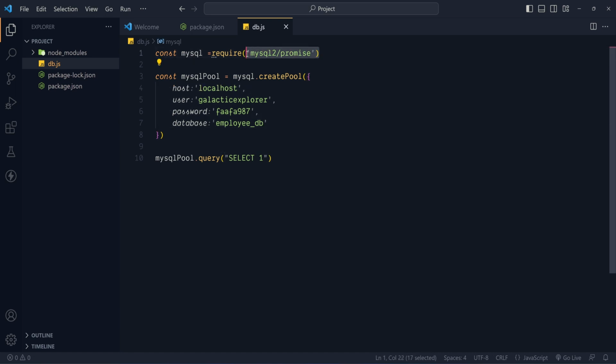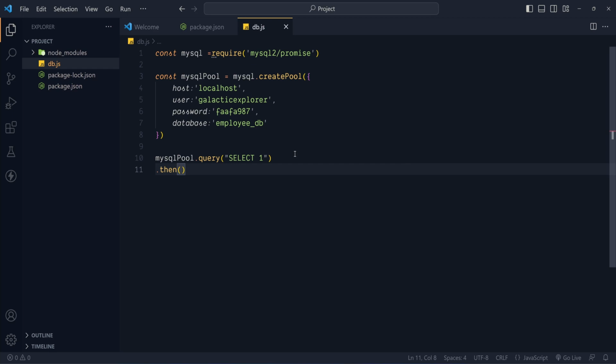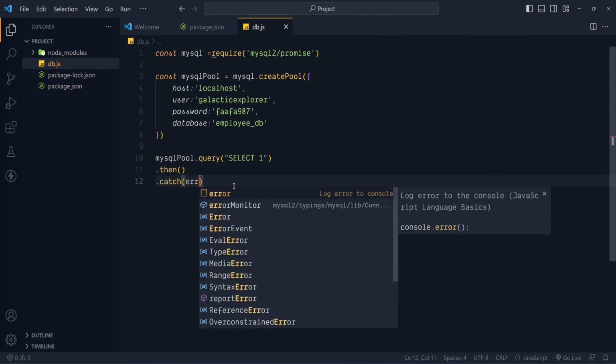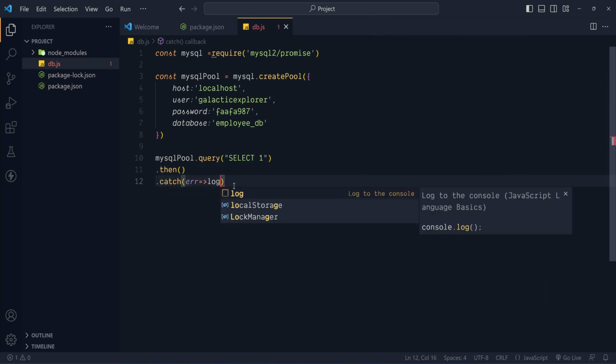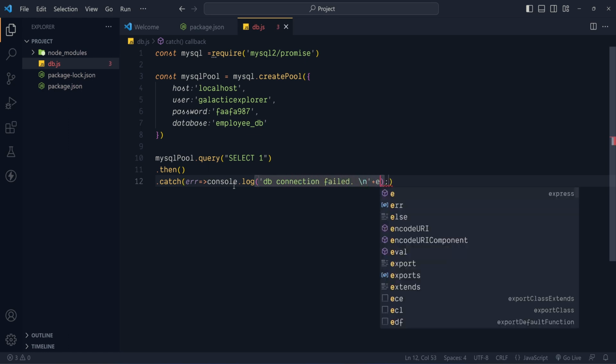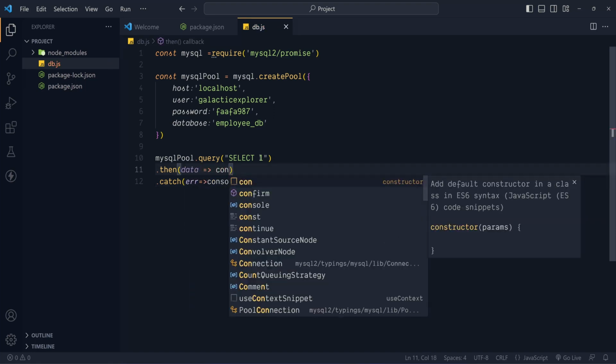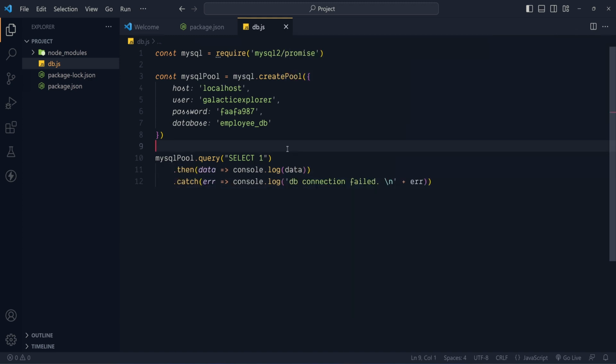Now since we are using the promise wrapping, we can work with the query result as a promise using this method then and catch. Now if there is any error, we will print DB connection failed, and inside the next line we will print the error object. Now inside the success callback, let's print this returned object. Okay, fine, let's execute this db.js file,